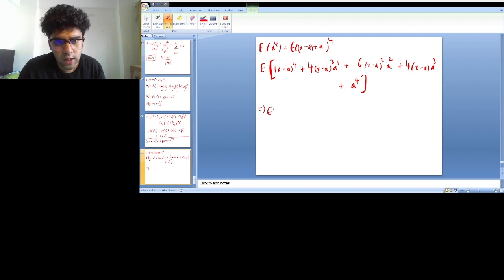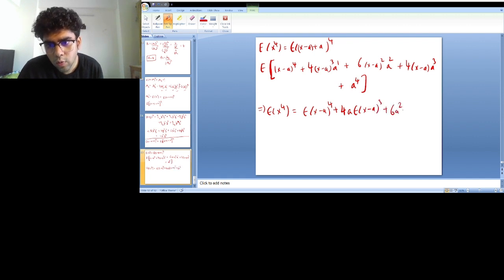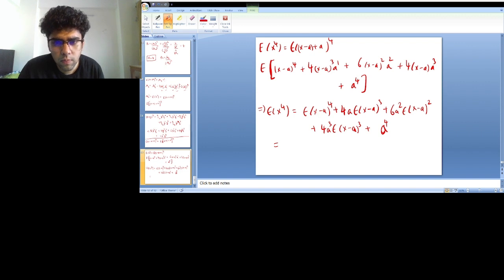So this gives me E(X)^4 as E(X−a)^4 plus 4a E(X−a)^3 plus 6a² E(X−a)² plus 4a³ E(X−a) plus a^4, which gives me E(X−a)^4 as